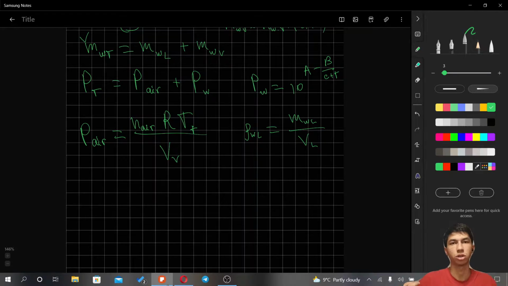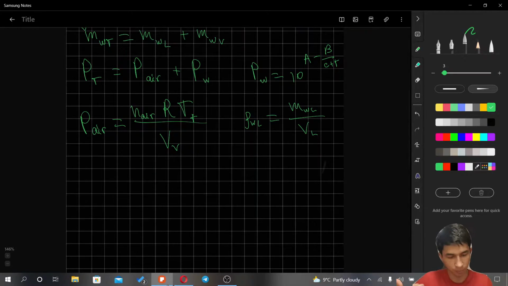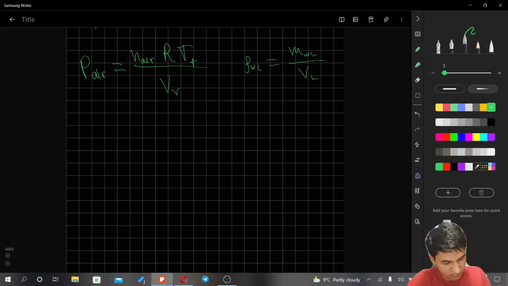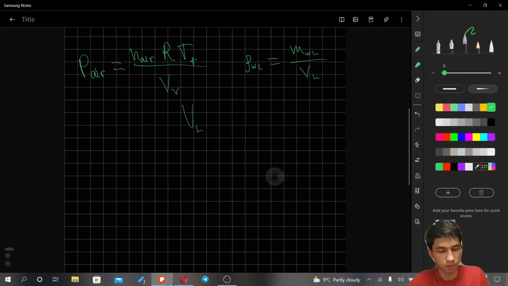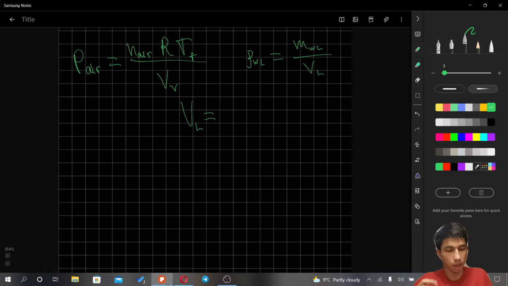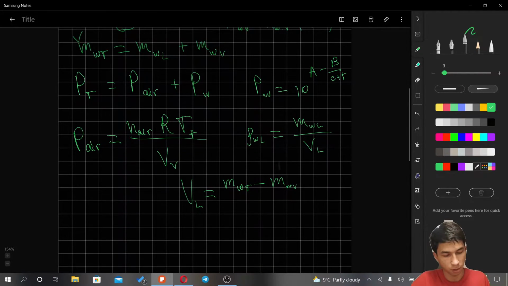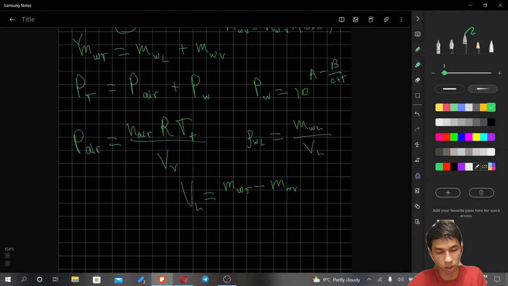So we just use the water liquid phase, and we can say that the volume of the liquid phase is equal to the mass of water in total minus mass of water in vapor phase, which is determined using this equation,